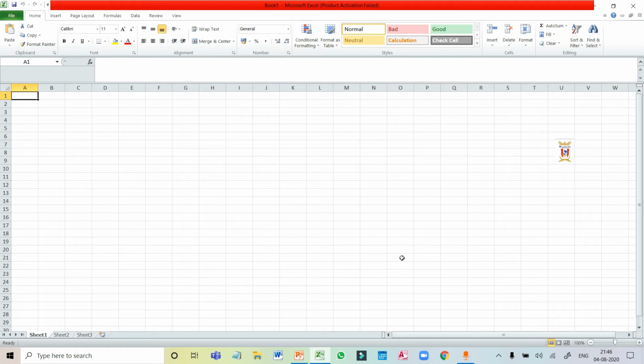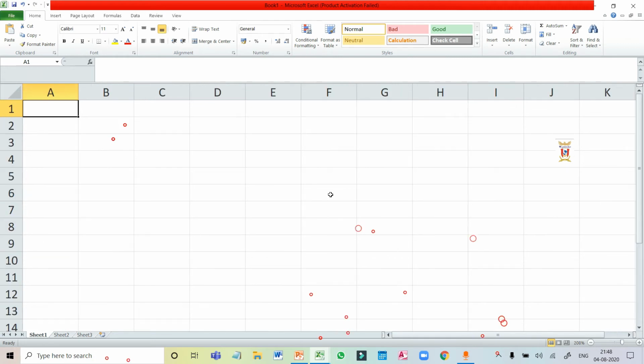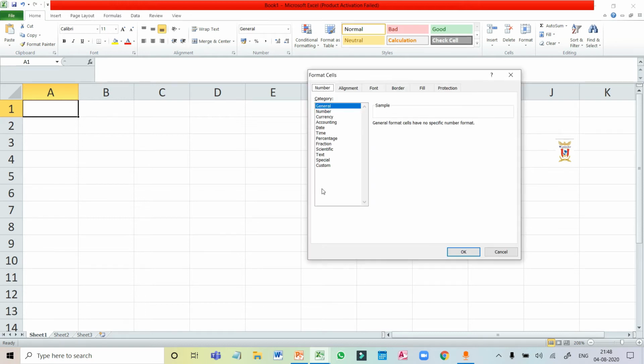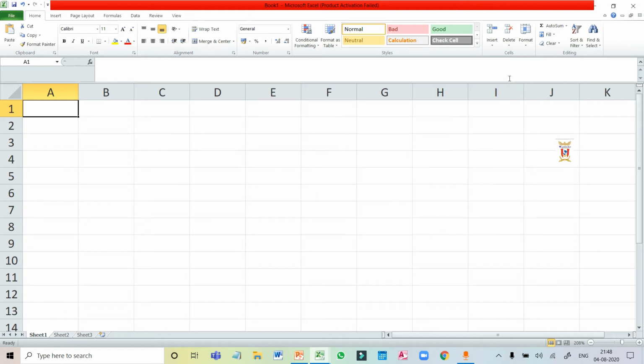The next topic is components of worksheet. Now we have various components and most of them are similar to the other Microsoft programs. So the first component is worksheet. As we have discussed earlier, a worksheet is composed of a very large number of cells which are the basic storage unit of data in the file or a workbook. So the cells are arranged in the form of a grid pattern having rows and columns. These are your rows and these are your columns.